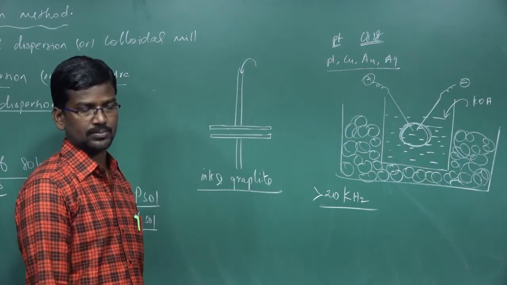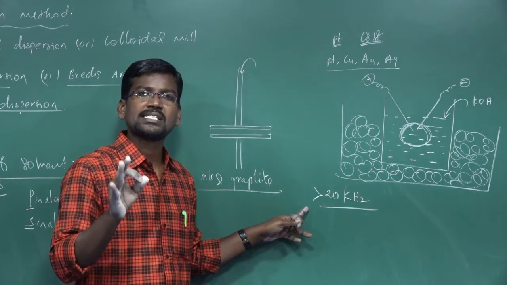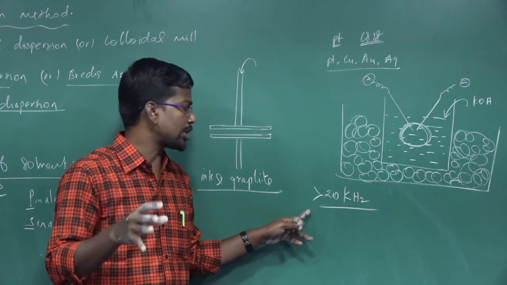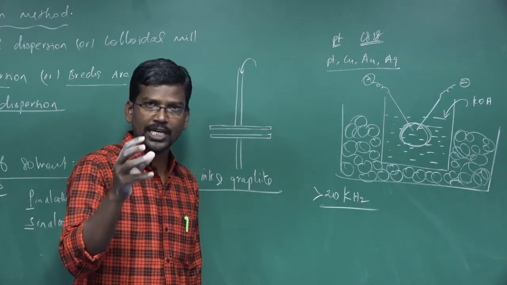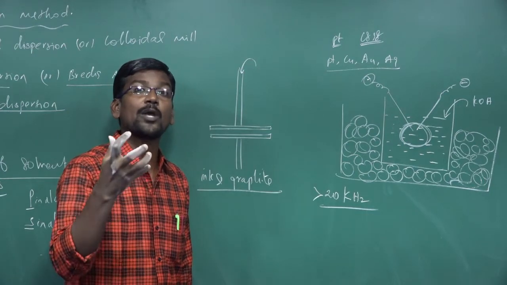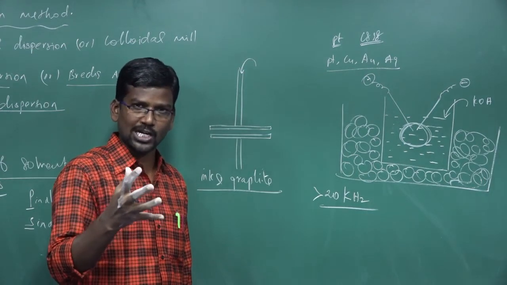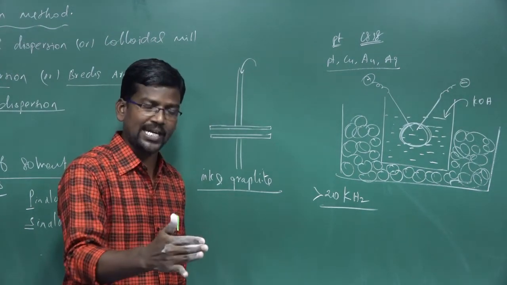It is a simple method. So what is the meaning of ultrasonic waves? Sound waves with high frequency, more than 20 kilohertz, such as high frequency alternating current or high frequency ultrasonic vibration. When high frequency ultrasonic vibration passes through a solid substance, it breaks down to form